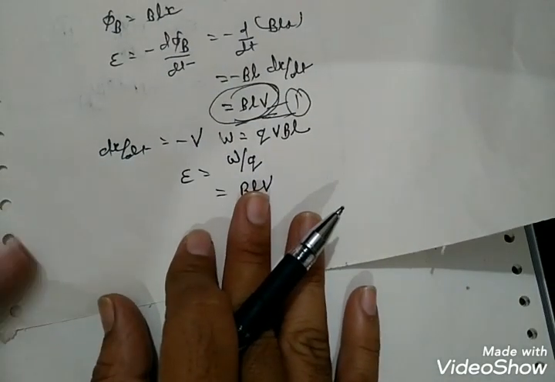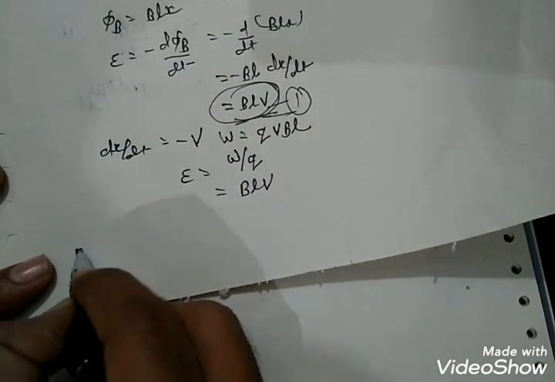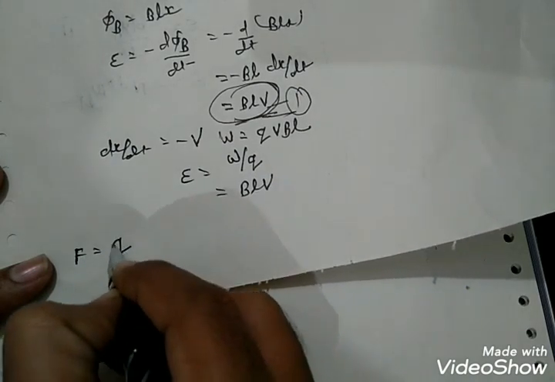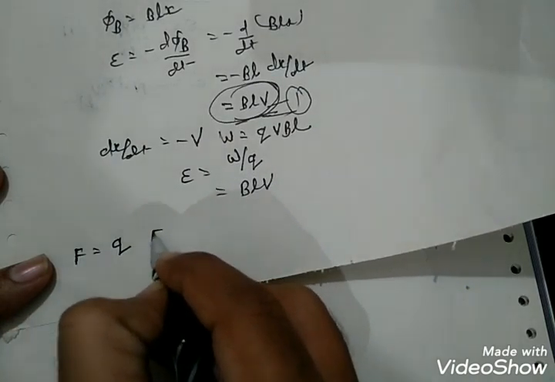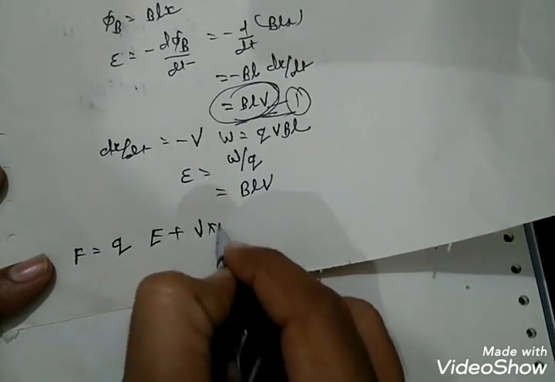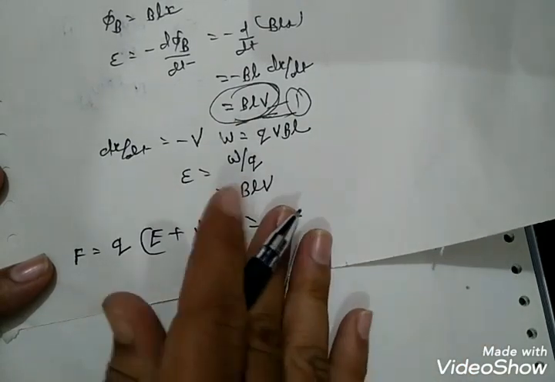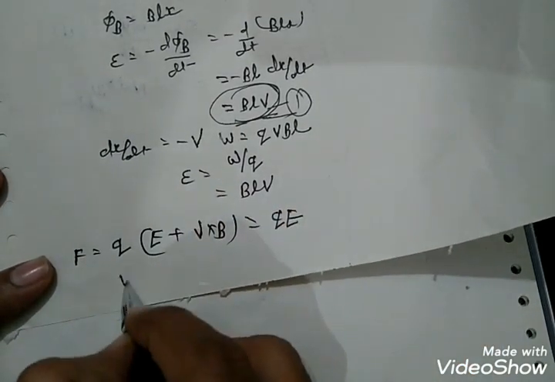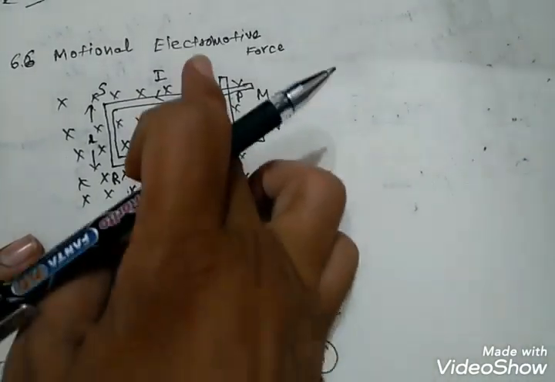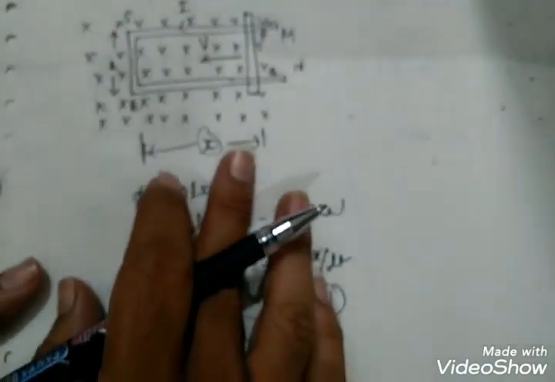Here we know the Lorentz force equation, F is equal to Q into E plus V cross B. Now since V is equal to 0, meaning the rod is stationary, to explain the existence of the induced EMF or induced current, we must assume the time varying magnetic field generates an